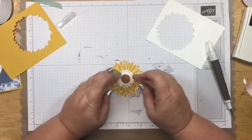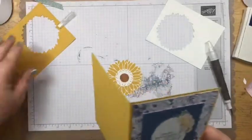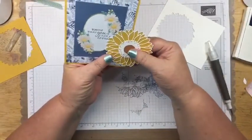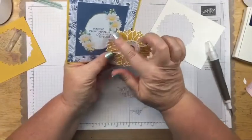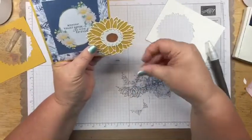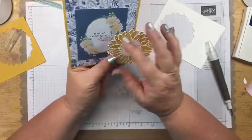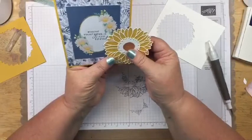Then what I'm going to do is I'm going to bring my card back in, and I'm going to take this flower, and I'm actually only going to use half of this flower. And so I want to glue this flower on here, but I want it so that I can see the wording, and I don't want it coming off the bottom. So you might have to, again, shift it around so that it fits the best way to fit on here and go around those words the way that you want them to. So I think that's the